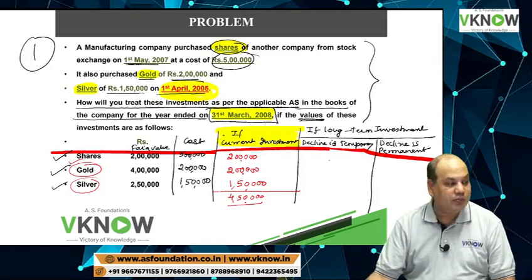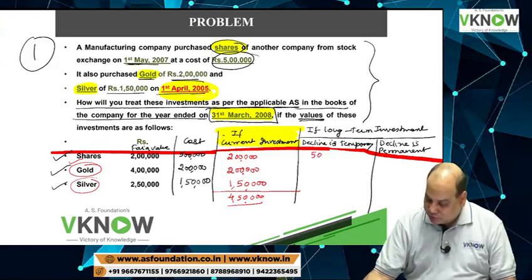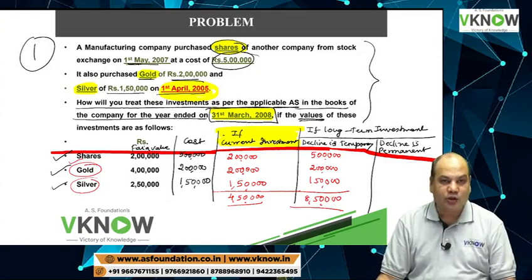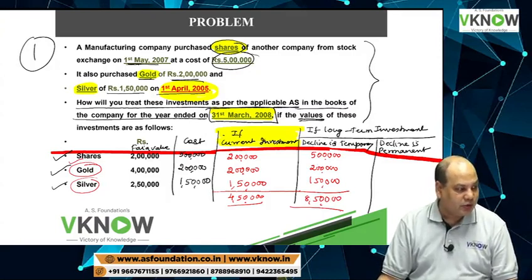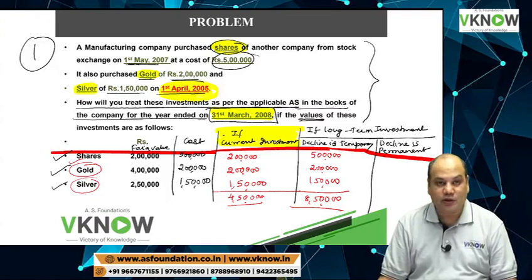Long term investment. If decline is temporary, then we will take at cost only. Share at 5 lakh, gold at 2 lakh, silver at cost 1,50,000. So my answer will be 8,50,000, if all these are treated as long term investment and the decline is assumed to be temporary. If decline is permanent,